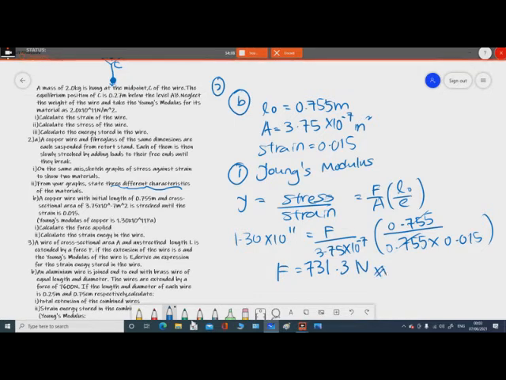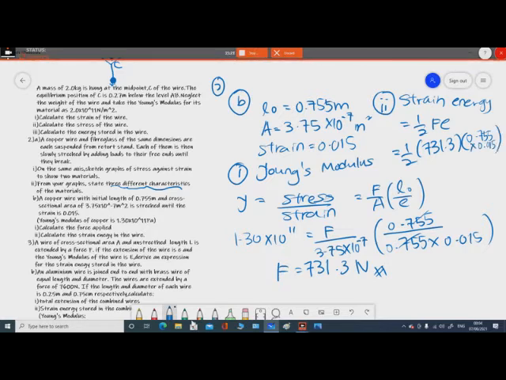Okay, so this is the first part for B. Okay, so for the second part, calculate the strain energy in the wire. So the strain energy, basically we know that strain energy is equal to half Fe. So the force applied, 731.3 times the extension. So the extension is actually 0.755, which is the original length times the strain,